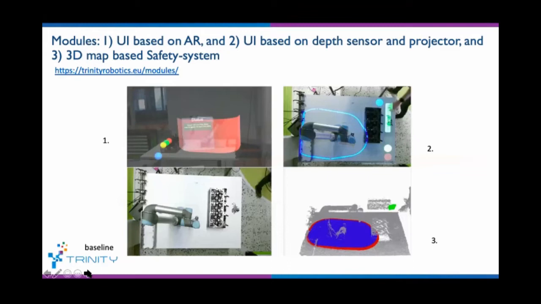And these are the ones that we will offer for free in TRINITY. So in TRINITY, some of these modules are open sourced and some of them, of course, are under licenses. But these are examples of what could be done and could be replicated at a concept level, if not at a code level.